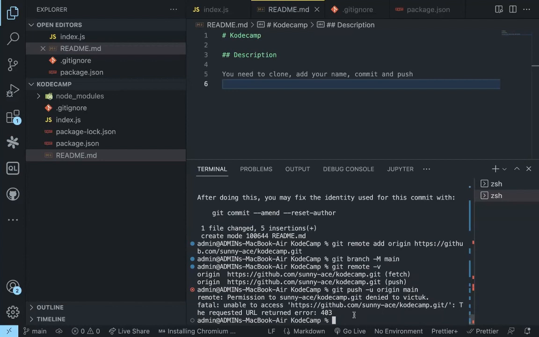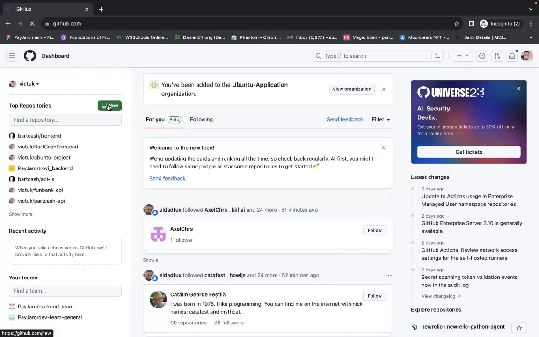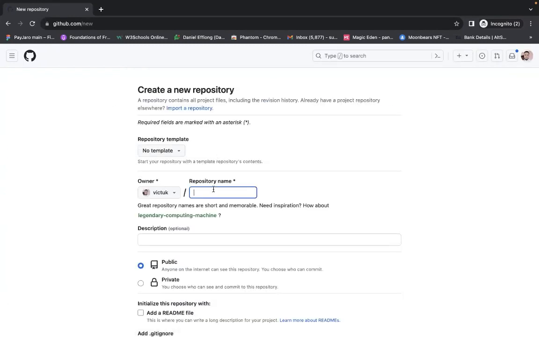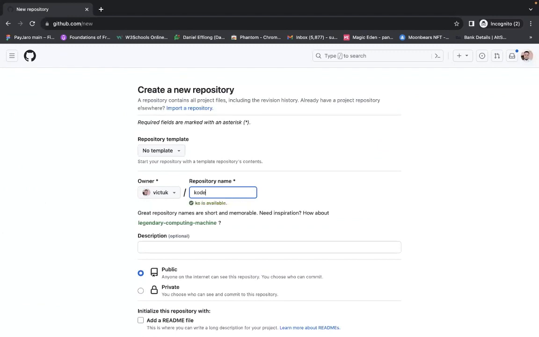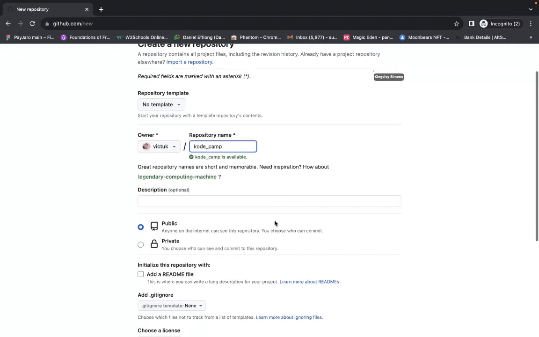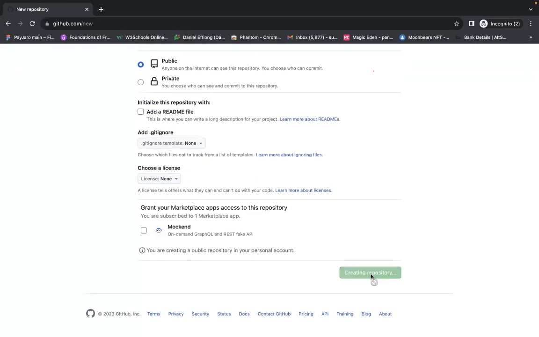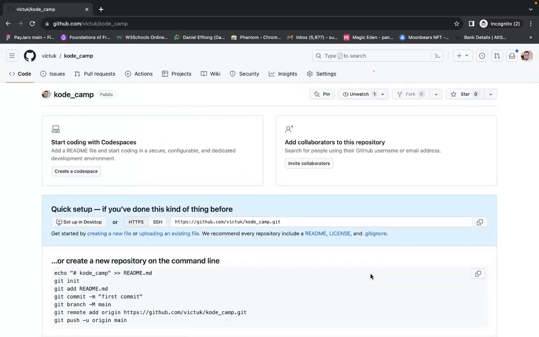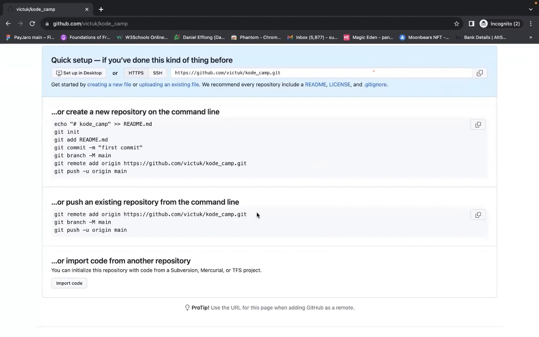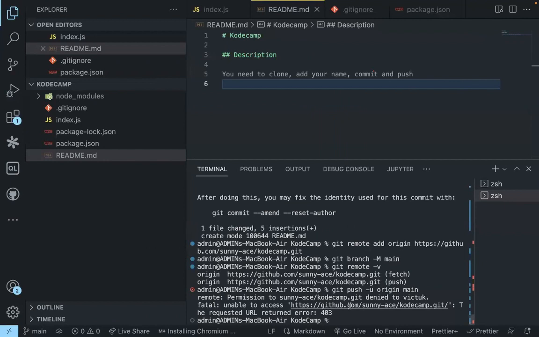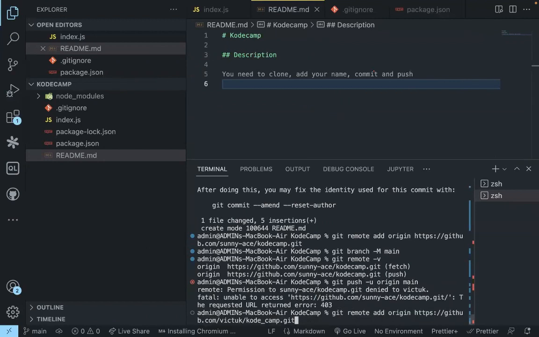Okay. So I've been able to fix that. Let me share my entire screen again. All right, so let me create that with my repository. I'll just call this KodeCamp, and let me just leave all these things. Click on create repository, it's public. And then what I just need to do is copy this code,